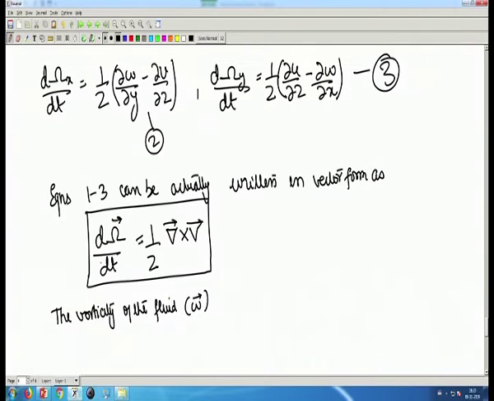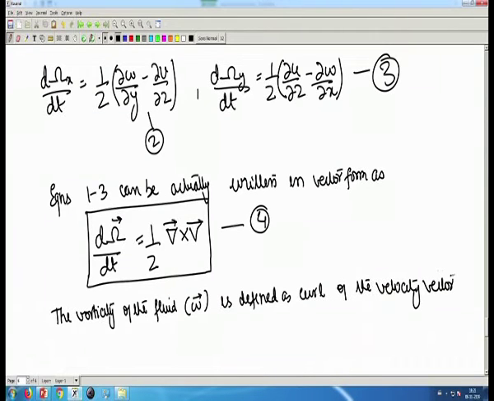This above equation, which let us say I will name it as equation number 4. So, the vorticity of fluid given by omega in vector form is defined as curl of the velocity vector. Hence,